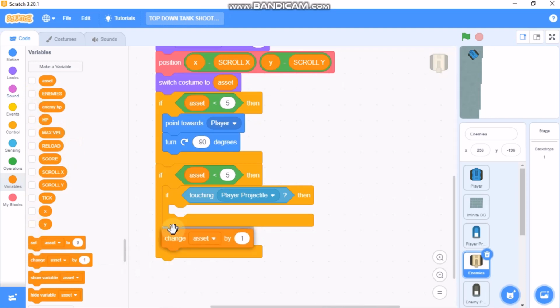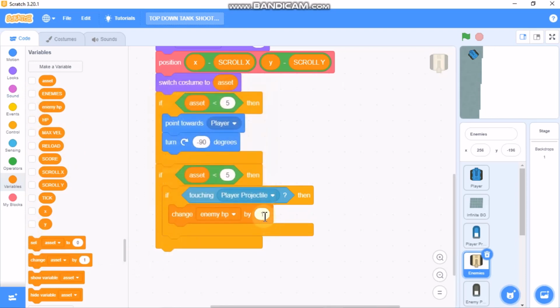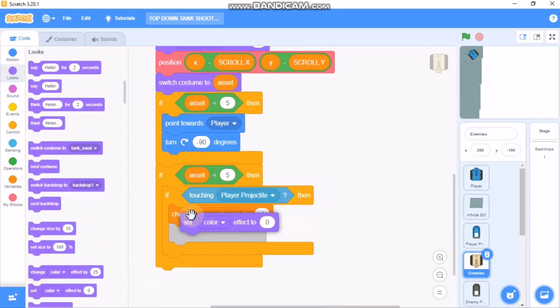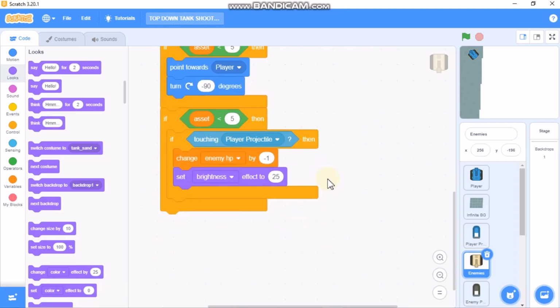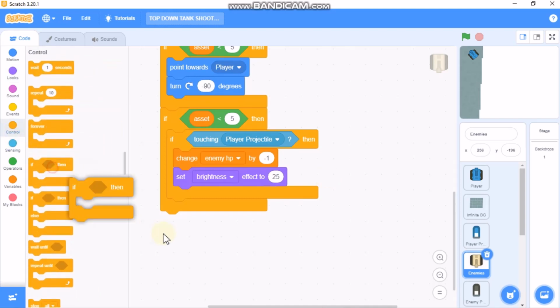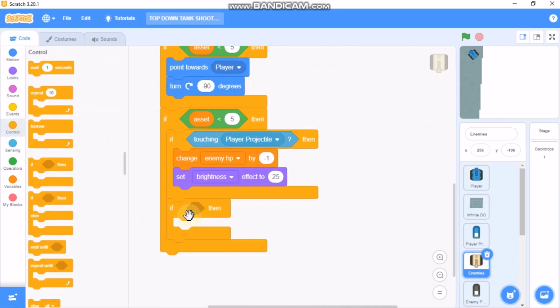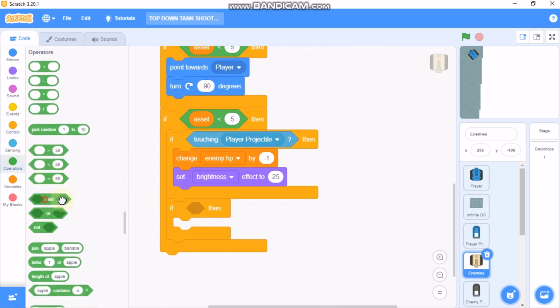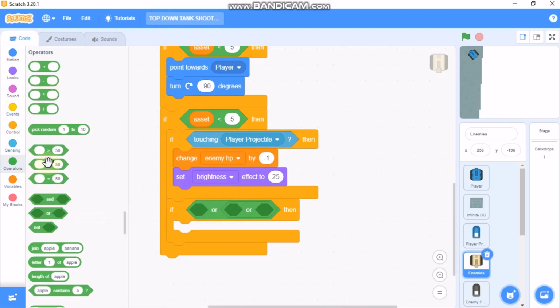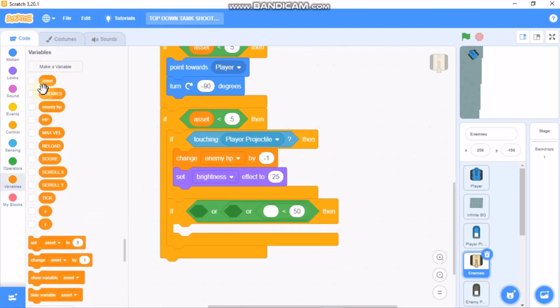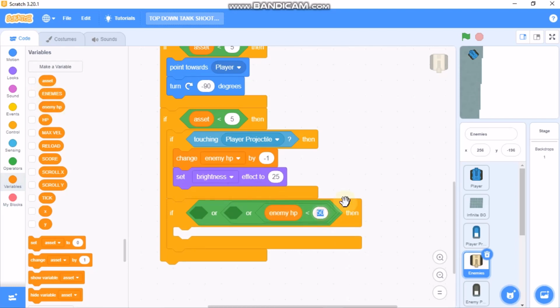We need to change enemy HP by -1 and set our brightness effect to 25, and grab another if statement. So if, grab an or, so or, grab a less than, so if enemy HP is less than 1,